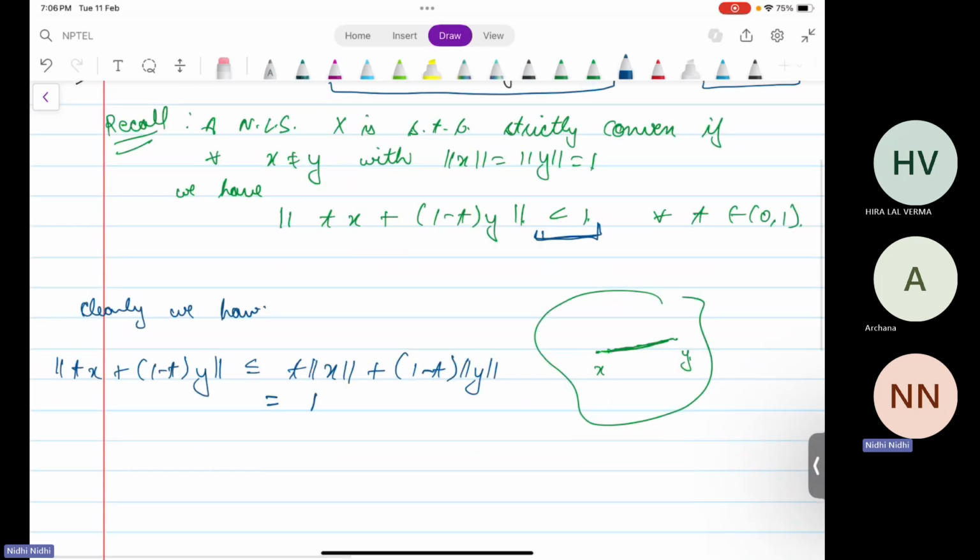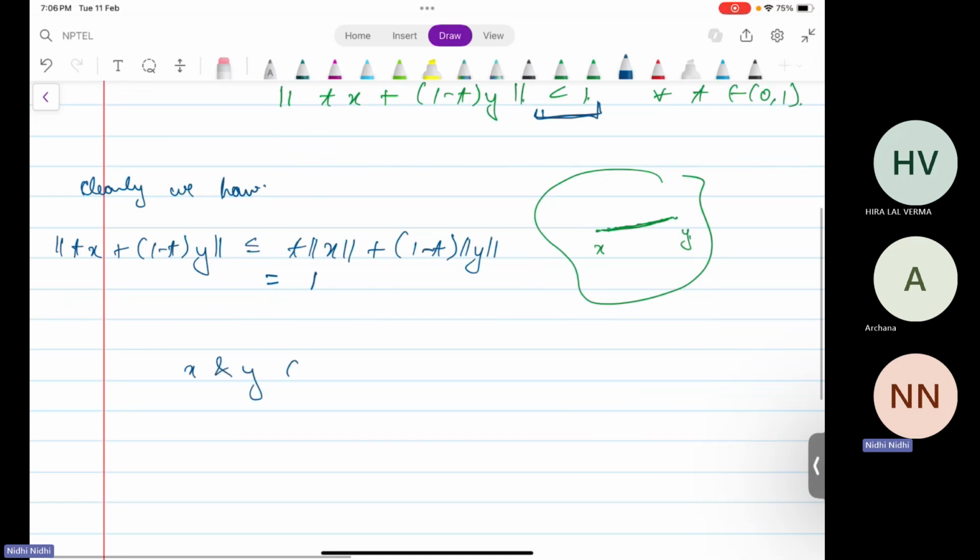We need to find an example of vectors x and y in L1 such that for some t, the norm of tx plus (1 minus t)y is equal to 1. In that case we'll get a contradiction, because it cannot exceed 1 anyway, and if it is strictly less than 1, that is not what we want. We need to show that L1 is not strictly convex. So for that,